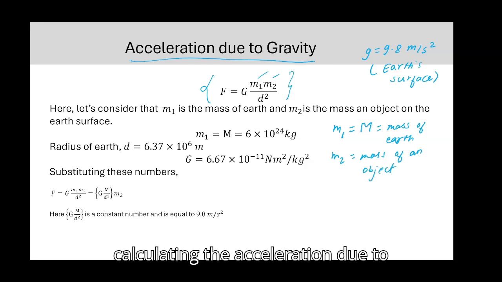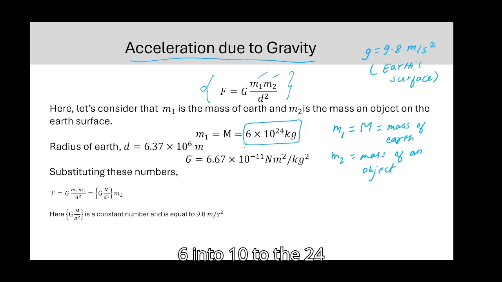The mass of Earth is 6 times 10 to the 24 kilograms, and the distance between the object and the Earth's core is basically the radius of Earth,